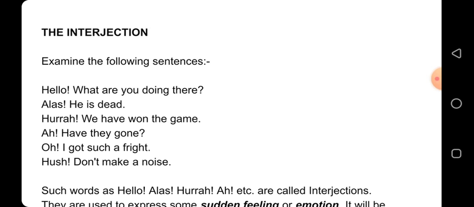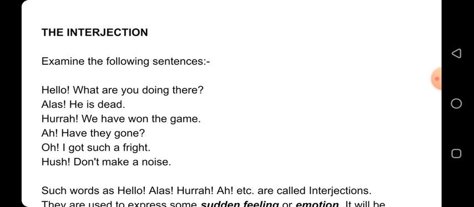They are in some respect different from the rest of the sentences that we have discussed for all the 7 parts of speech. In each sentence you will witness a new word is added. For example, we can say, what are you doing there, without this word hello. All right, we can still say what are you doing there, but this word adds some sort of feeling and certain expression to the sentence.